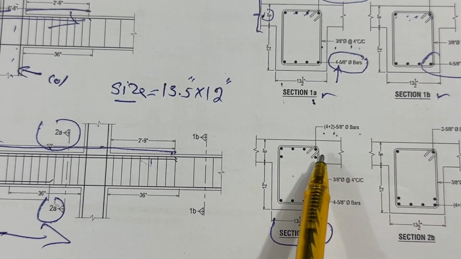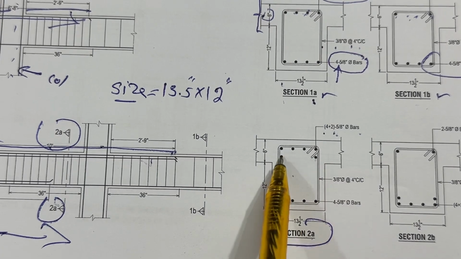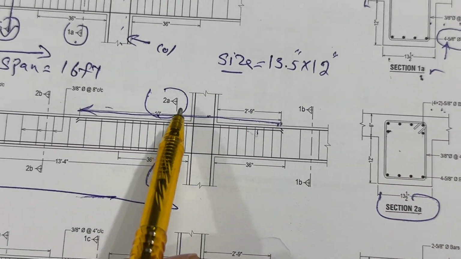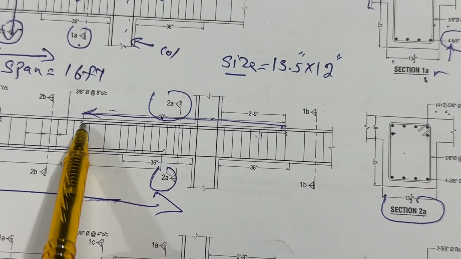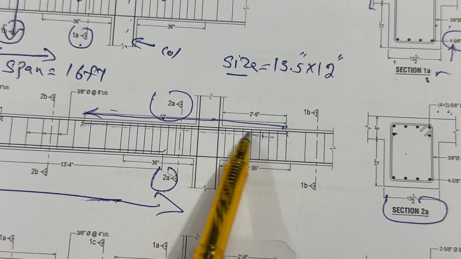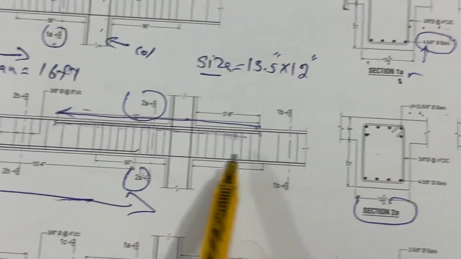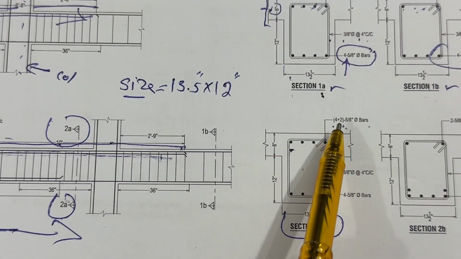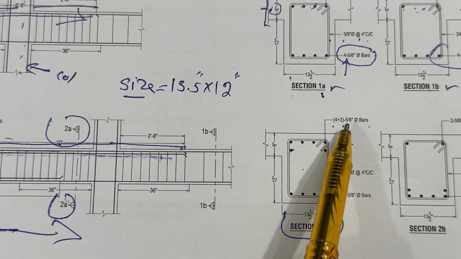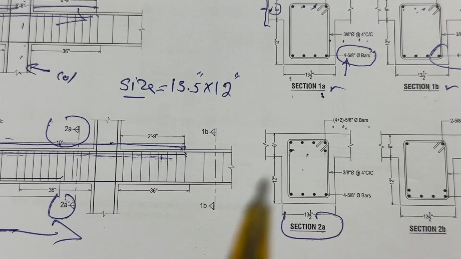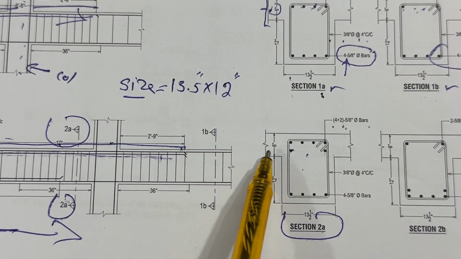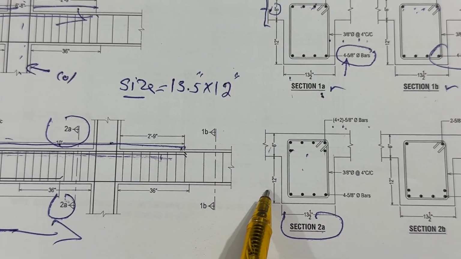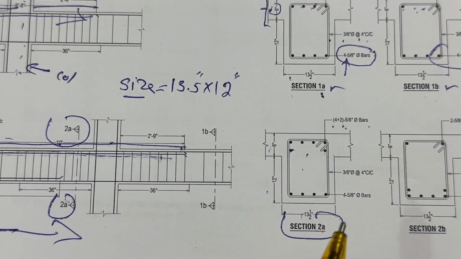You can see 2 bars, which is this one, only placed at the distance of L by 4. Look here, this bar is only at the top portion, but we don't have it at the bottom portion. So these are side bars, and 4 bars are placed, the diameter is same for both. And the thickness of the slab is 6 inches,